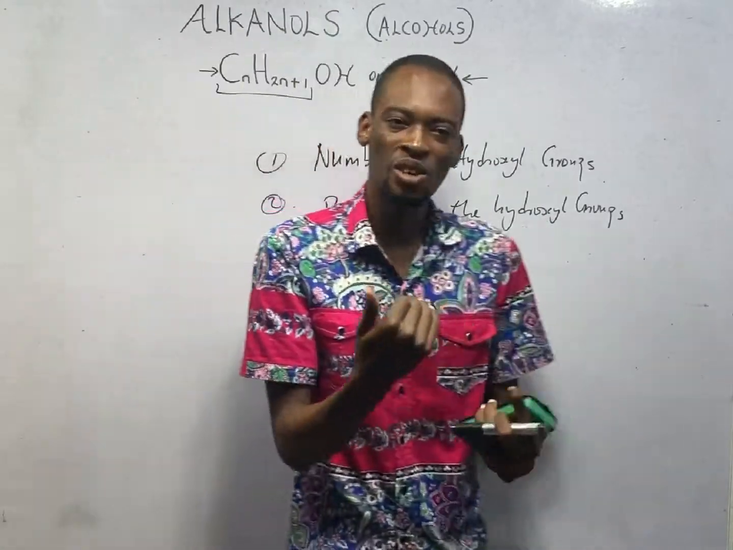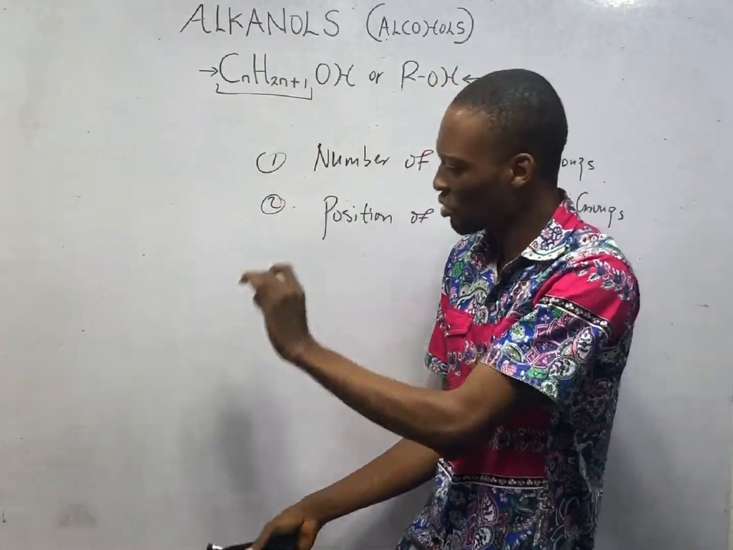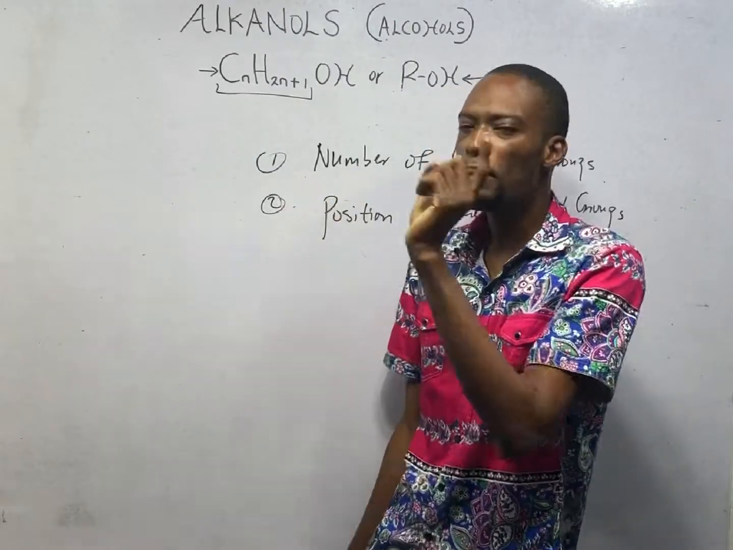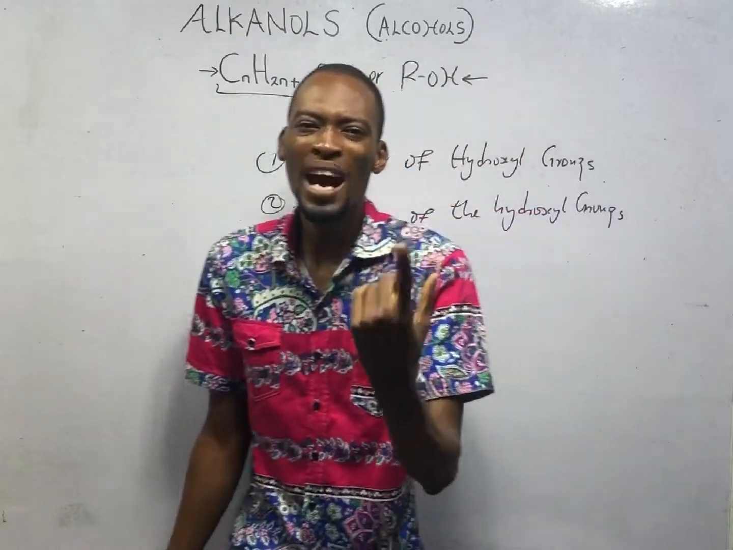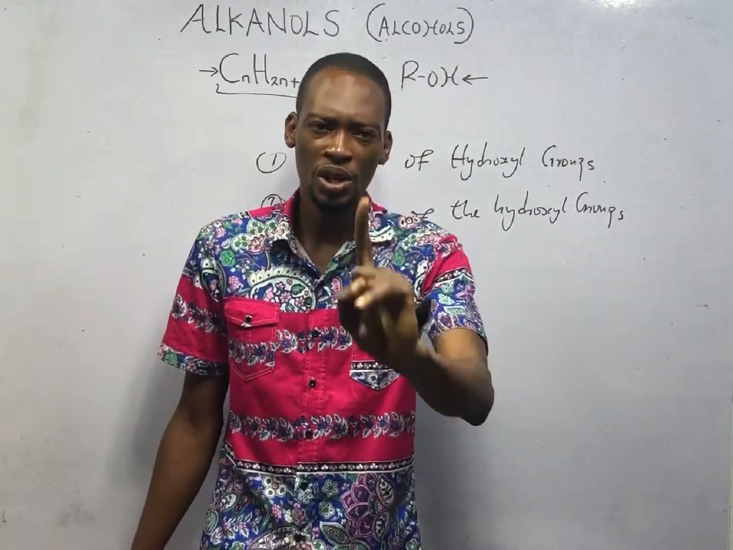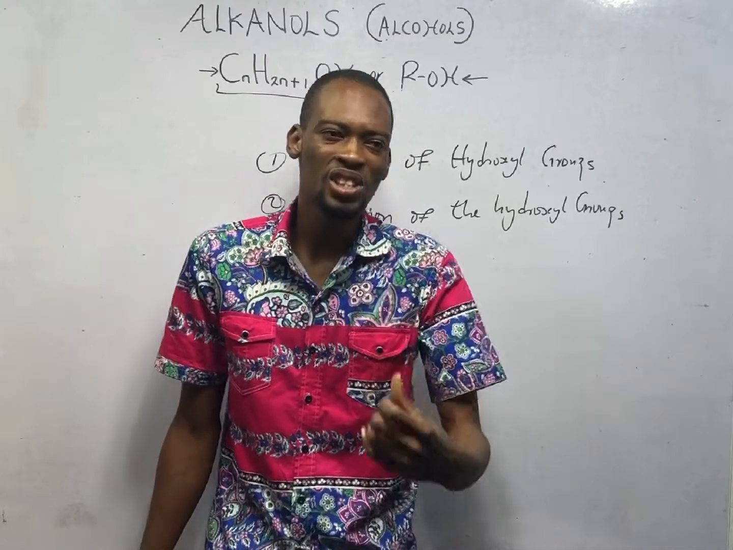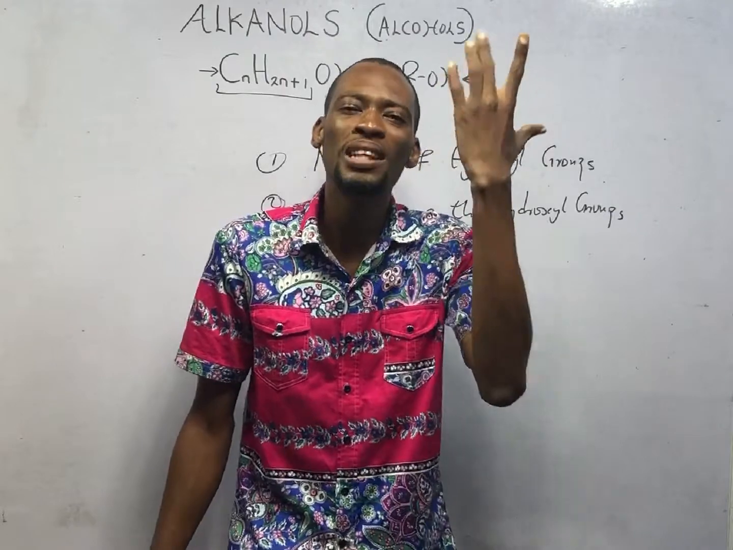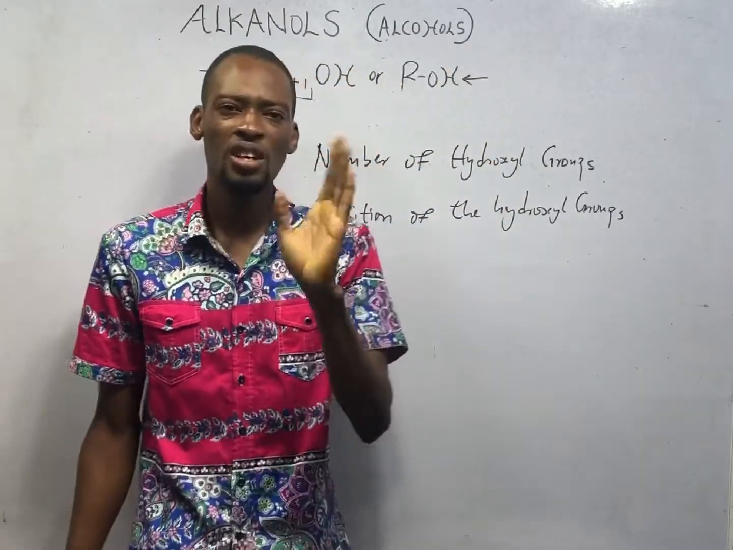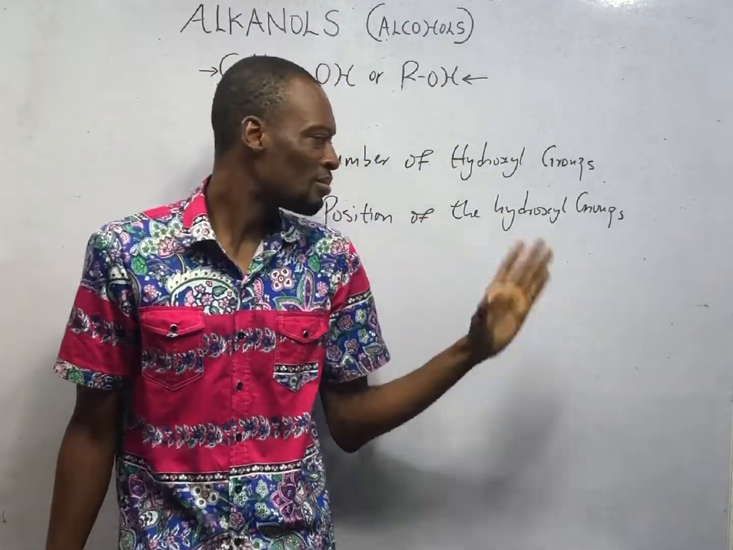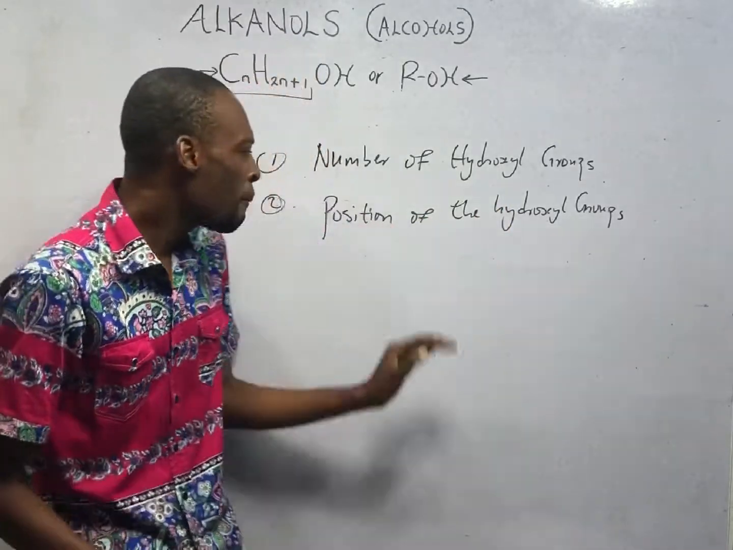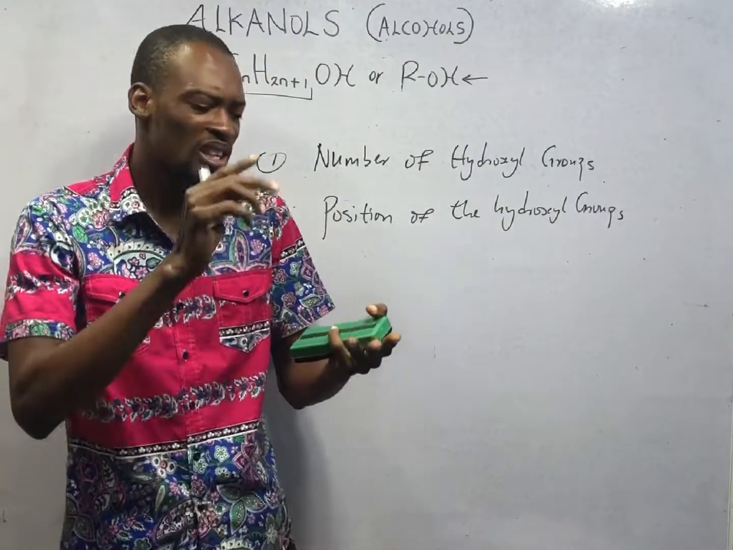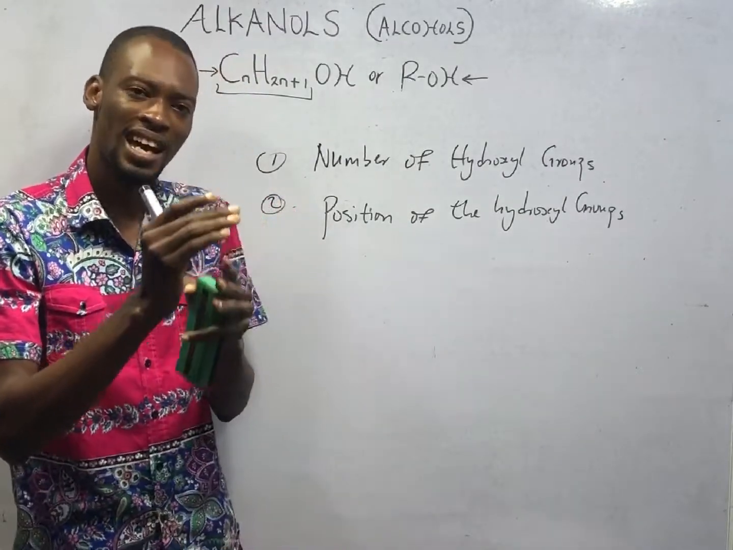According to the number of hydroxy groups, we have monohydric alkanols, dihydric alkanols, trihydric alkanols, and polyhydric alkanols. Monohydric alkanols have one OH group. Dihydric alkanols have two OH groups. Trihydric alkanols have three OH groups, and polyhydric alkanols have more than three OH groups. Diagram shortly. And based on the position of the hydroxy group, we can have primary alkanols, secondary alkanols, and tertiary